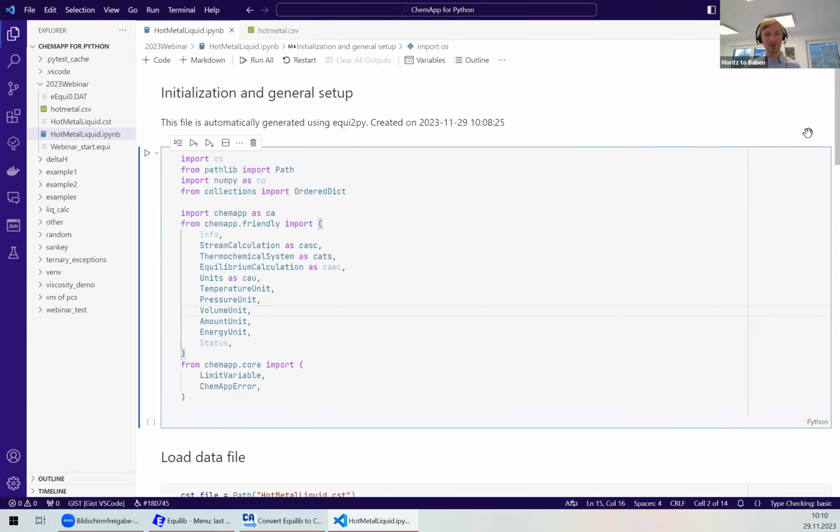Yeah, good. Maybe you can quickly just explain the script before you run it. What are the different parts? What's happening? Sure. And so the general structure of these Equi2Py generated Python scripts or Jupyter notebooks is always going